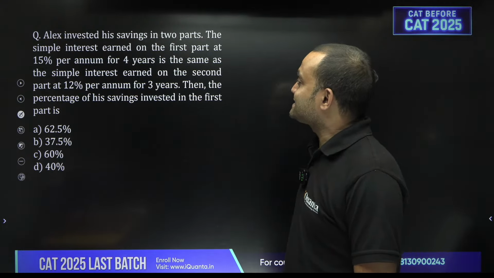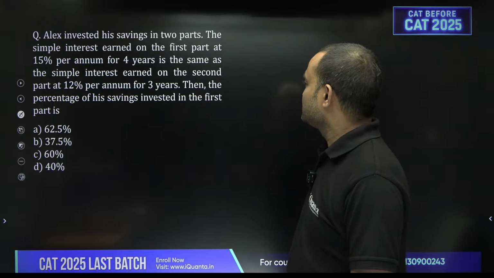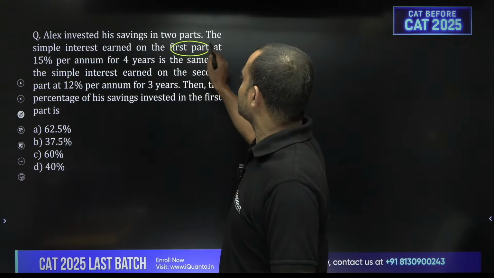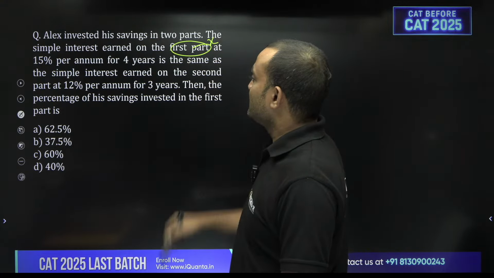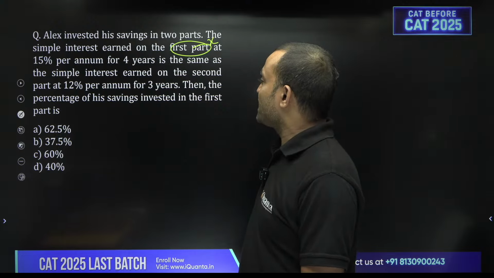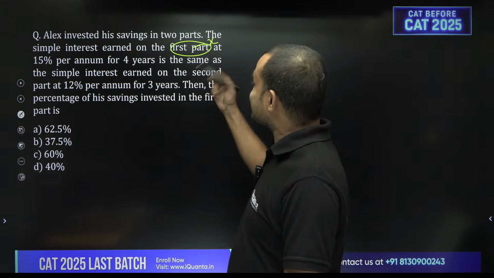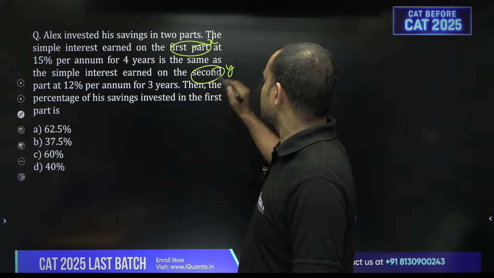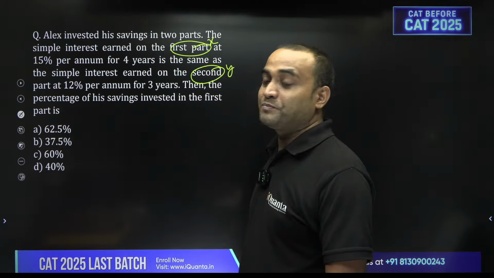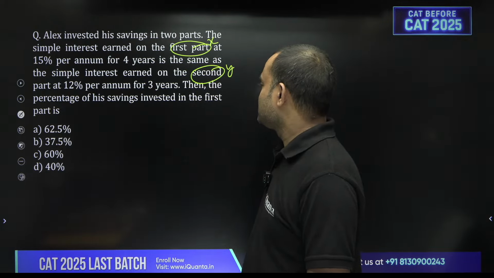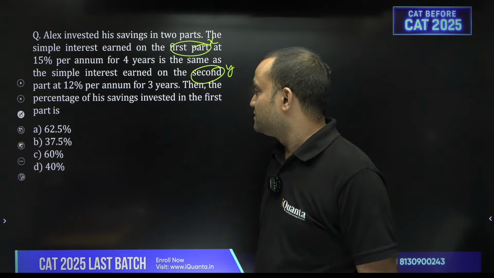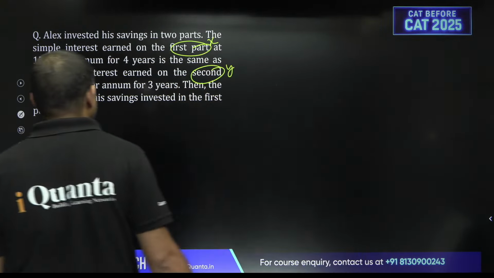Okay, Alex invested his savings in 2 parts. The simple interest earned on the first part, let's say first part is X at 15% per annum for 4 years, is the same as the simple interest on the second part, let's say second part is Y, at 12% per annum for 3 years. Then the percentage of his savings invested in the first part is, so what we can say according to question,